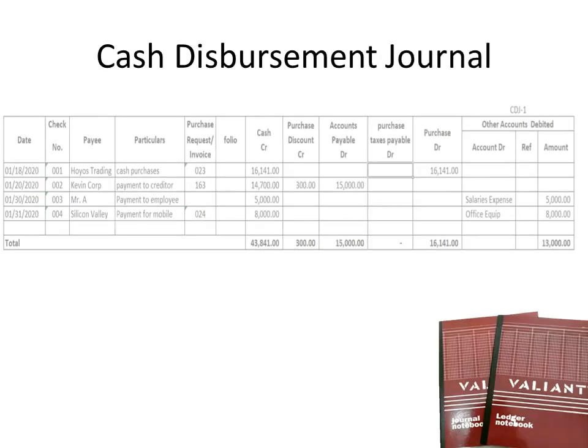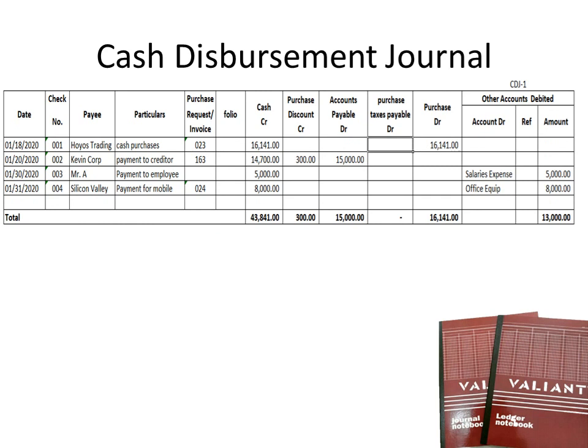So we now have the cash disbursement journal. See? On January 18, 2020, check number 001, Huyos Trading, cash purchase, our PR number 023. You could also put the invoice. And then you also have the folio or the post referencing. You put your account here when you already post this particular account to the ledger. So we have our cash because we paid in cash,